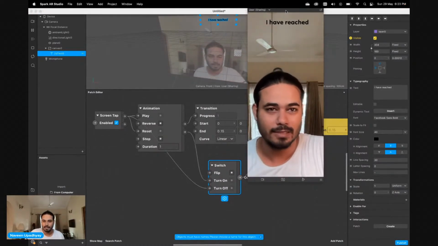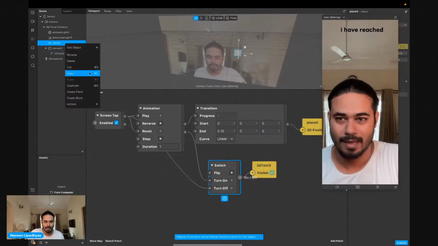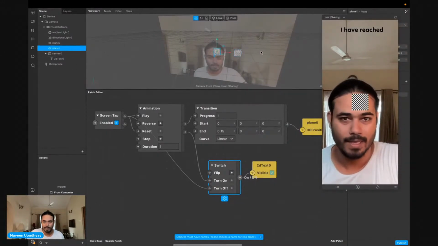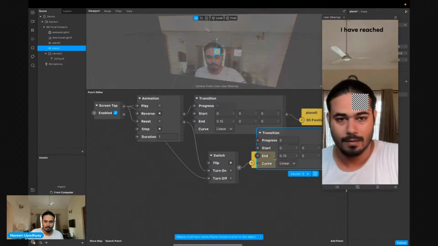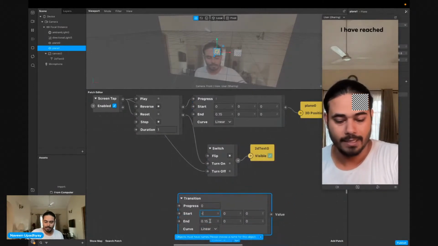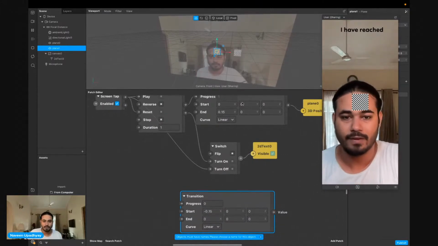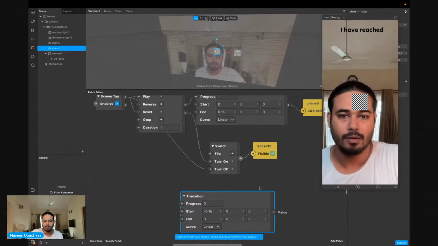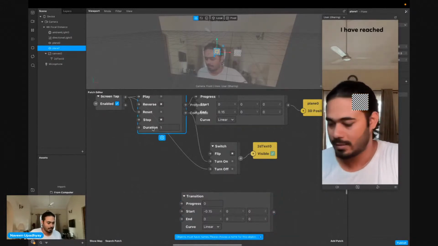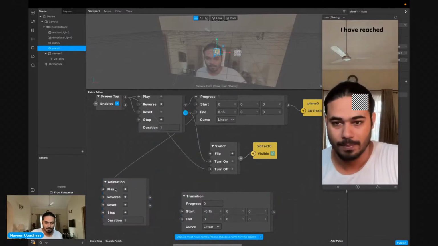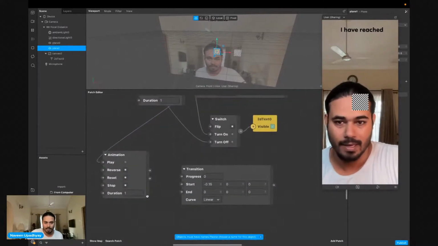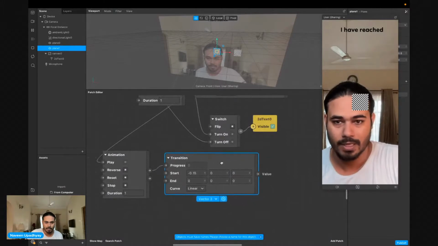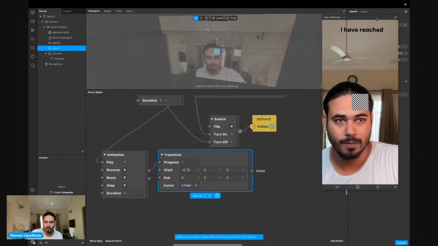So just to simulate this, I'm just going to duplicate this guy, and also duplicate this guy. I'm going to put it at minus 0.15, and then I'm going to put it to 0. That means it's going to start from minus 0.5, which is this side of the screen. This animation should be started when this is completed. Like when my first one reaches there, the second one will start from there. And we will take this in the progress. It will again take 1 second. That should control the position of plane number 2.